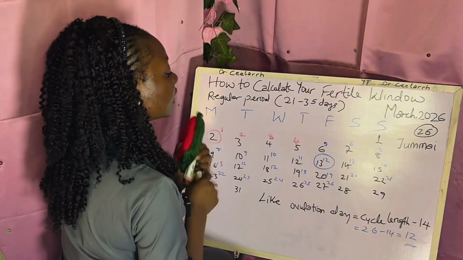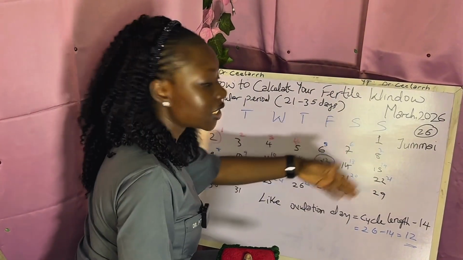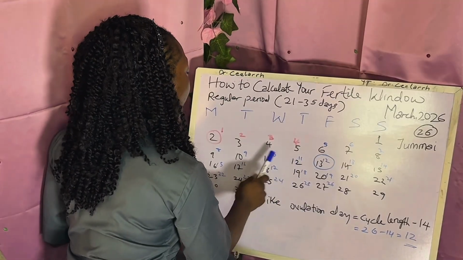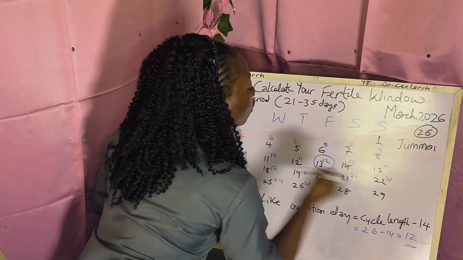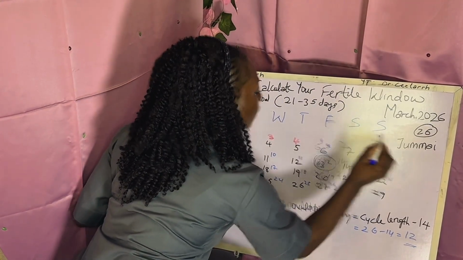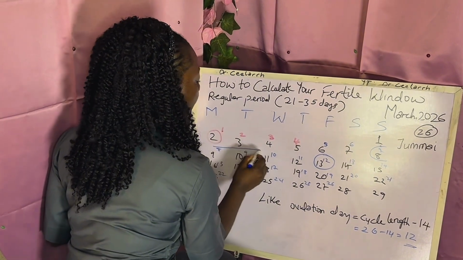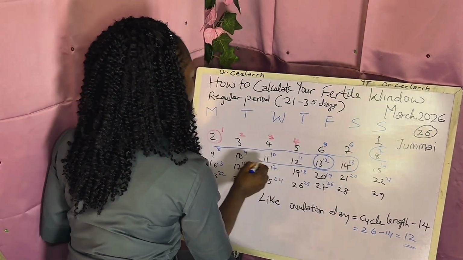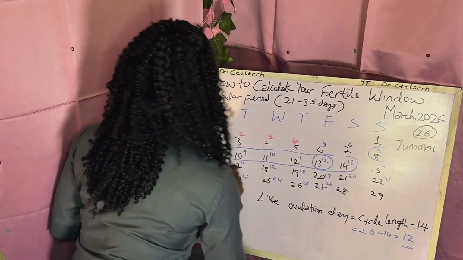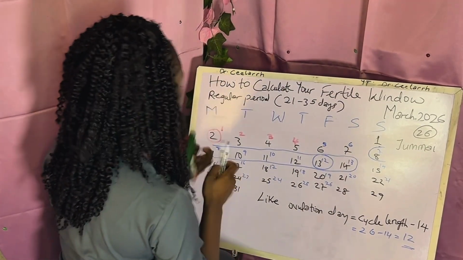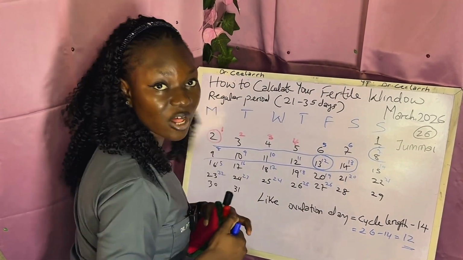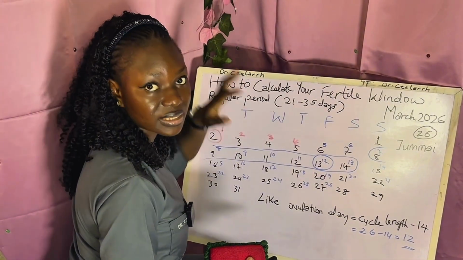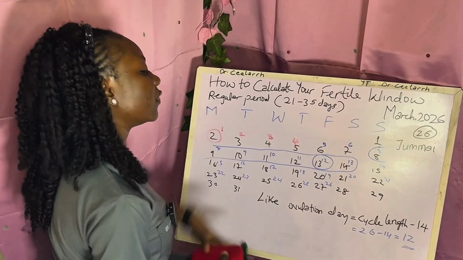And we said that this fertile window is 5 days before the ovulation and 1 day after. So let's count and see. 1, 2, 3, 4, 5. So that means this is part of her fertile window coming like this to the date you ovulate, and then 1 day after. How many days do we have? 1, 2, 3, 4, 5, 6, 7 days. So that is Jummai's fertile window for this 26-day menstrual cycle. So now let's go ahead to calculate